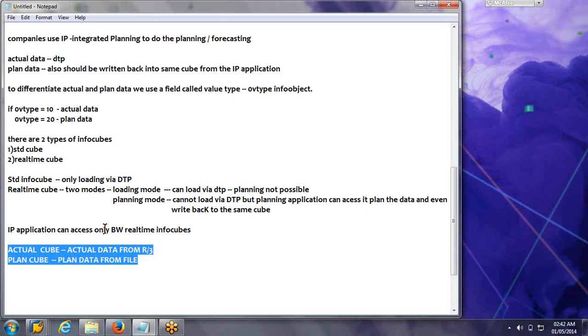You have actual data coming from the actual source, and the budgeting data they will supply in a file once in a while, every 6 months or every year. So this is one example. Another common requirement is